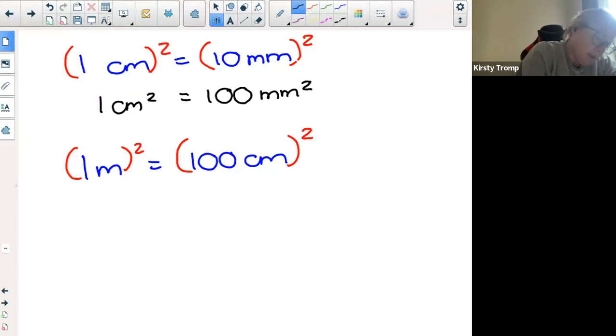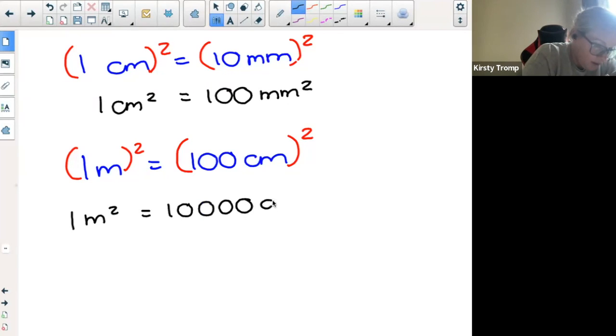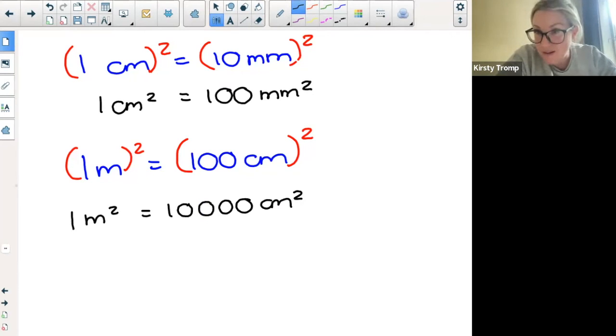So 1 times 1 gives me 1 meter squared. And 100 times 100 will give me 10,000 centimeters squared. So in 1 meter squared, there's 10,000 centimeters squared. Okay. So if we go back here,